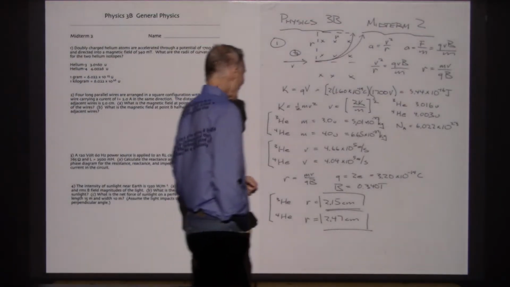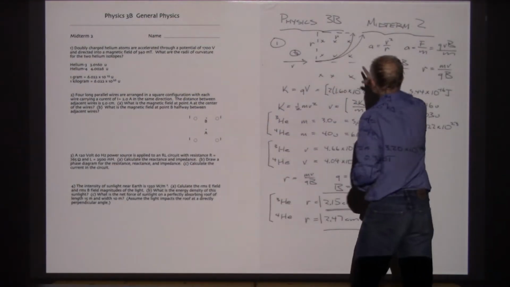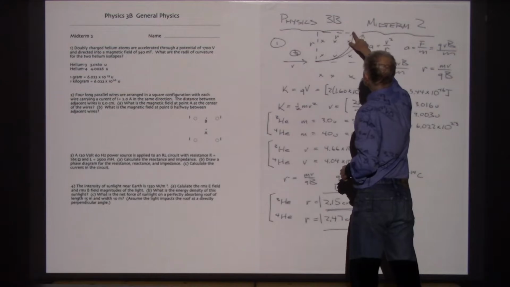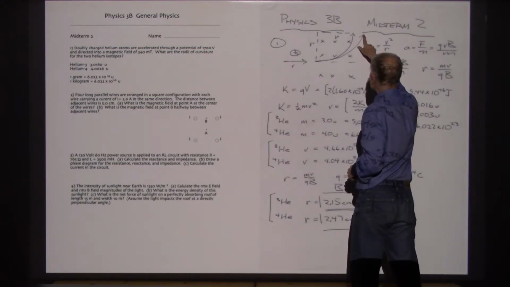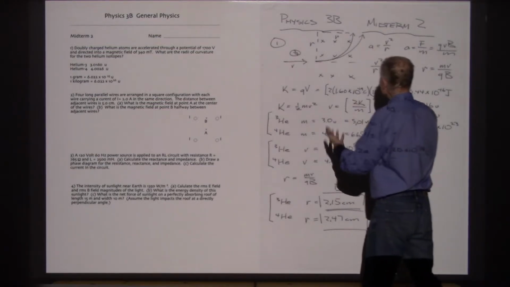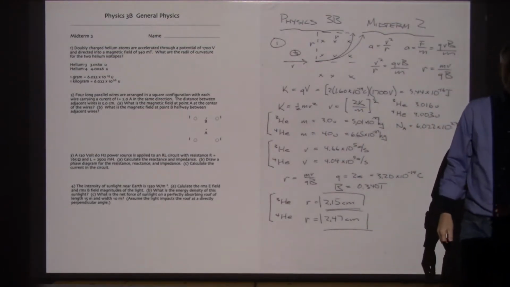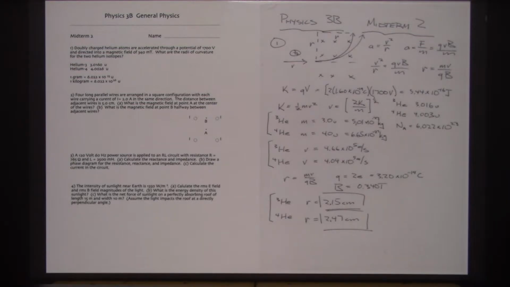So they're going to land at different locations. If we have a detector here, we can determine how many helium-3s we have and how many helium-4s. If there's some way to collect them, we've actually separated the 2 isotopes using a magnetic field